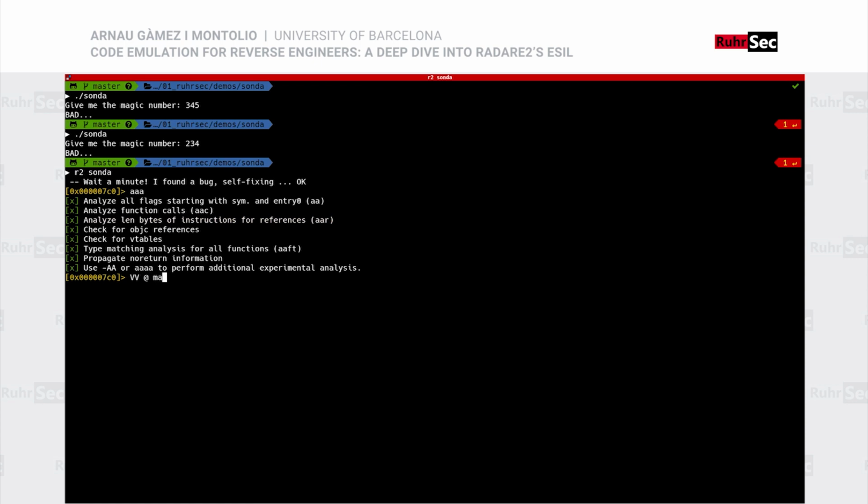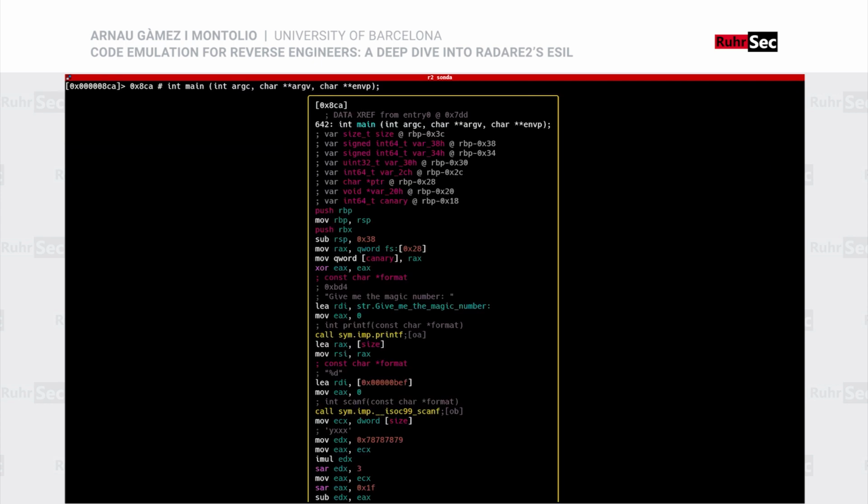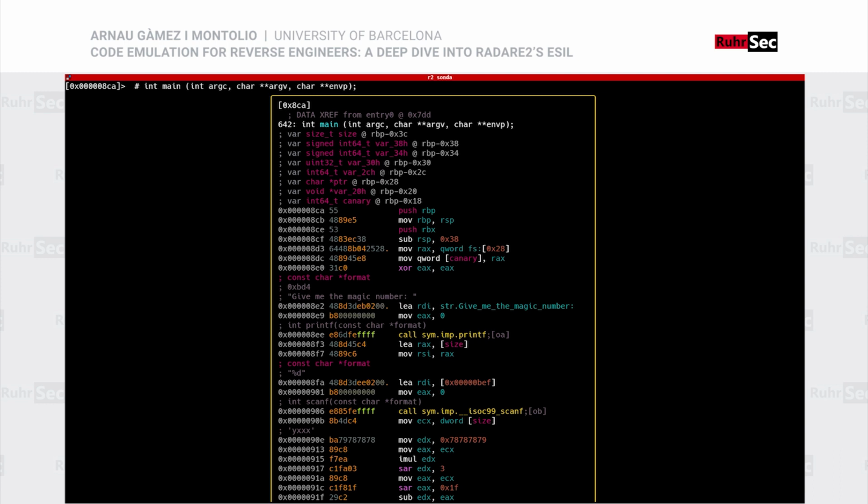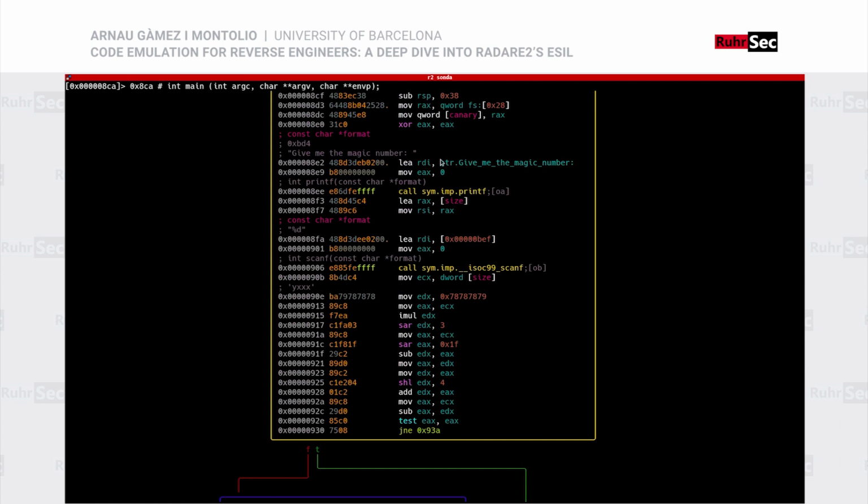Then let's open the graph view. Remember, it was for the graph view, and we want to see the graph view at the main address. Now, if I press P, we will change the print mode, and in this case it will show us the addresses. And here, just look again at this reference to that string,